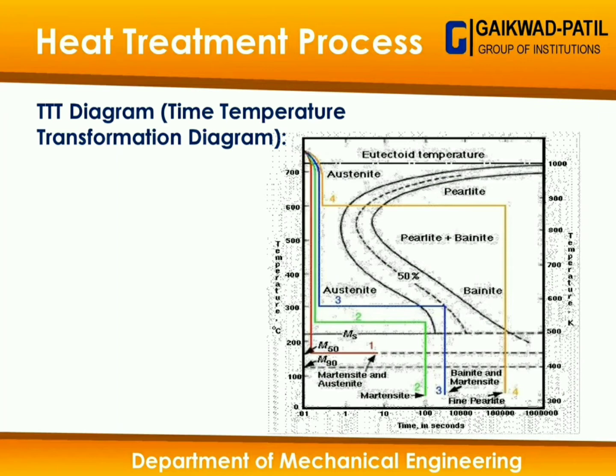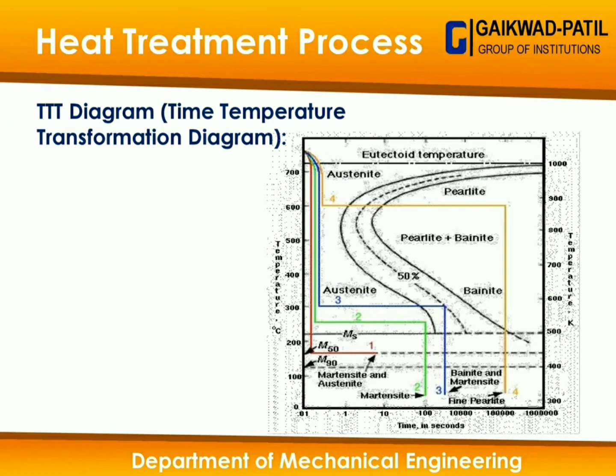In another case, we allow a gamma austenite sample to cool down below 300 degrees centigrade, meaning 250 degrees centigrade, and when we keep it in isothermal condition, we will get martensite, right? And in another case, we allow a gamma austenite sample to cool down below 200 degrees centigrade, then finally we will get martensite from austenite. Getting me or not?